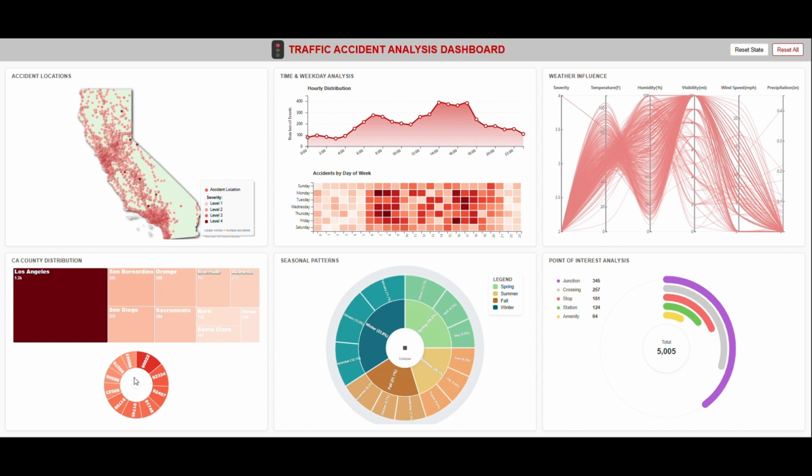And this is a sunburst chart of the top 10 zip codes where the most accidents happen. So clearly we can see here Los Angeles has the highest, and then we can go to the